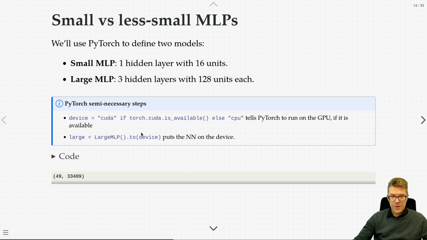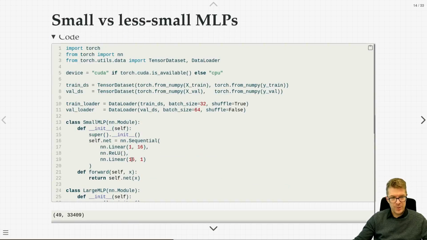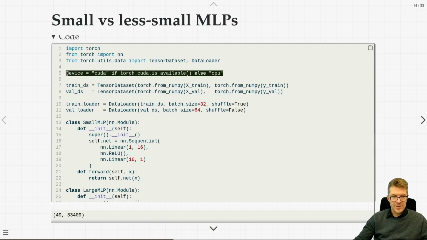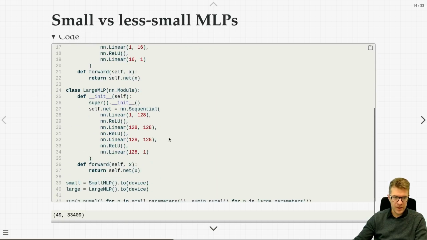And then you have to also explicitly send computations to the device. So you have some large neural network that you've implemented. It's part of the Torch framework. In order to actually run it, for training or inference on the device, you just have to call this line also. So if the device is CUDA, then your neural network is sent to the GPU. If it's not CUDA, it's sent to the CPU, and you're going to be waiting a long time. But these two lines are just a bit of overhead you have to do in order to take advantage of modern GPUs if available. I just wanted to mention that because I think this is the first time I use these very important lines in code in this class.